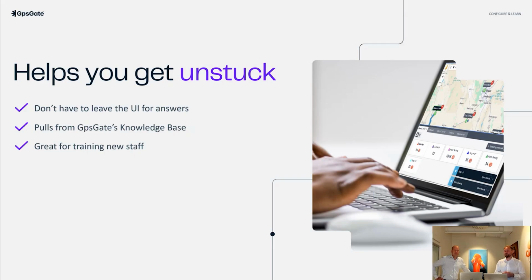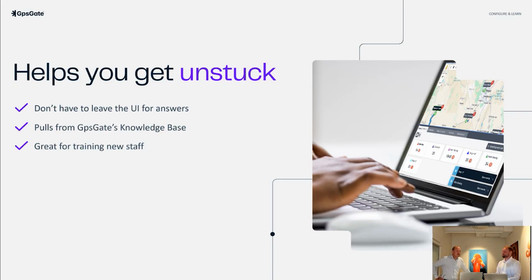So we gave it access to all of our knowledge base. So if you ask the AI how to do something, it can be something as simple as what kind of report, or how to connect a driver with a vehicle or whatnot, the AI searches through the knowledge base, looks through what you have,